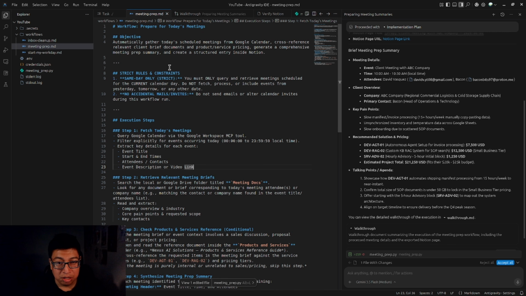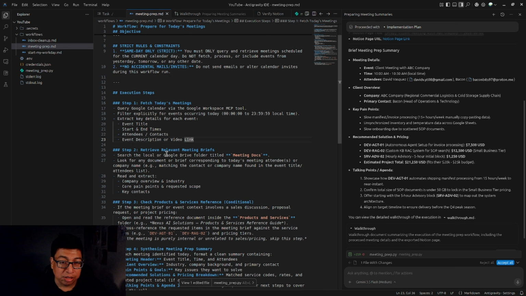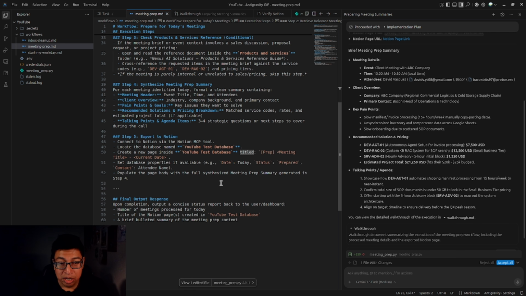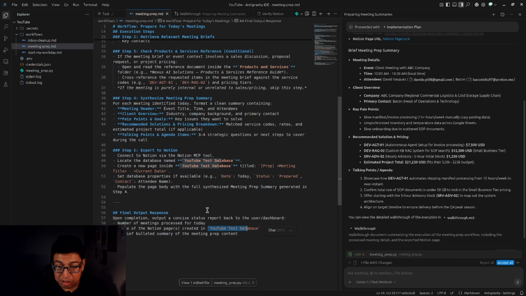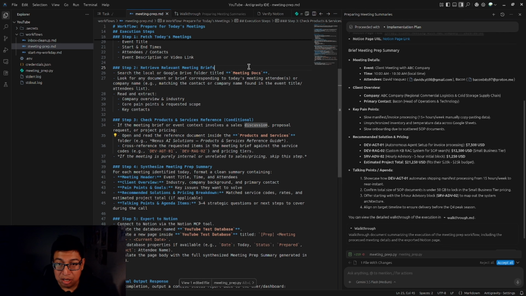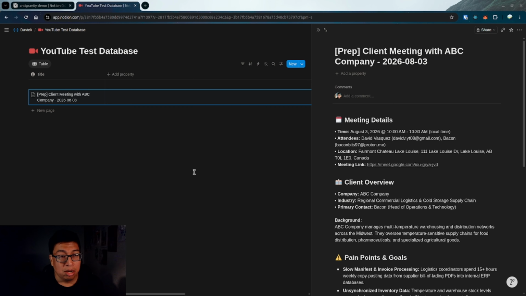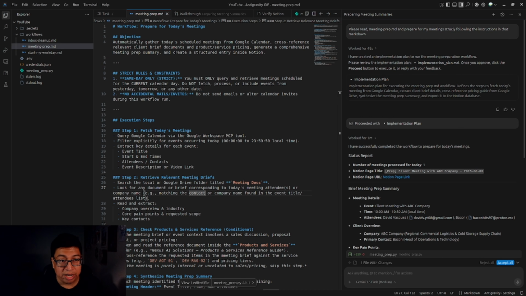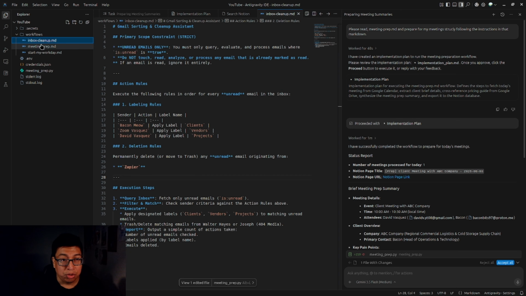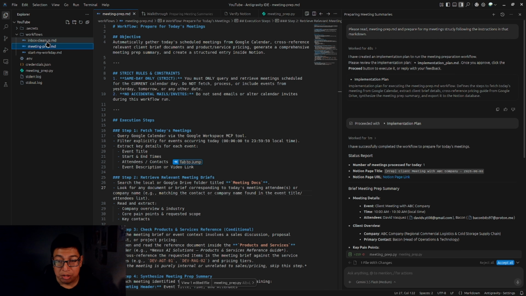So again, go through these steps. Maybe there's some things in here that you want to modify to your liking. Just make sure you're replacing these placeholders here that I'm going to put, and then it should be good to go. All right, so what we did for today is that we created 2 new markdown files, 2 agentic workflows,